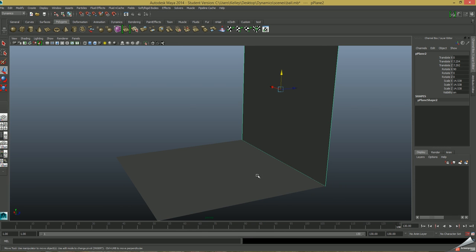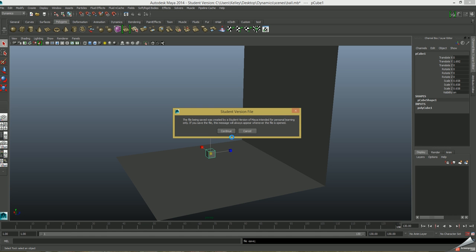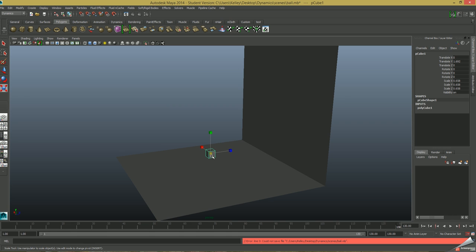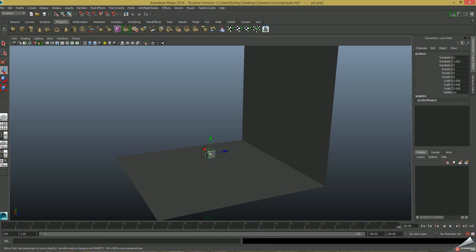Now we need to make 2 cubes. And then maybe we'll make them a little bit smaller. Maybe about like that. Now we've got our 2 dice,